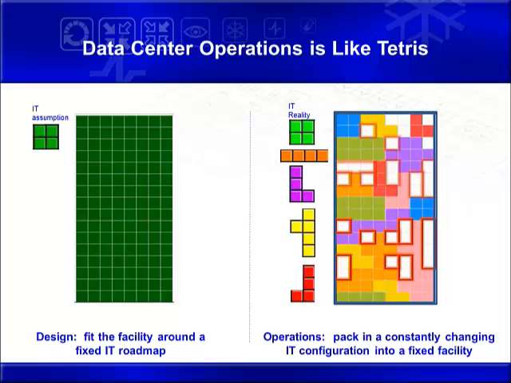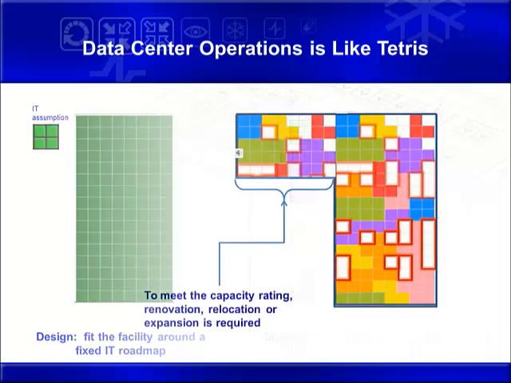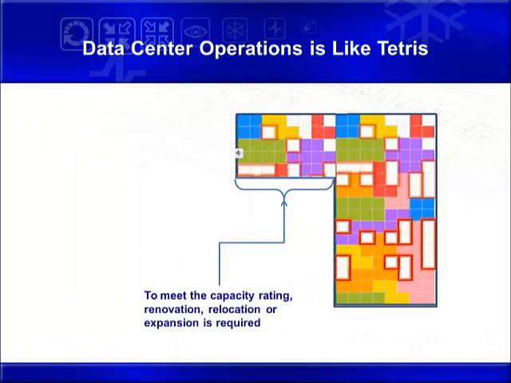One difference between Tetris and data center operations is that in the data center you can't stop at a partial load. The load must continue growing. When capacity utilization efficiency is low, the only way to maintain growth is to renovate, relocate, or expand the infrastructure. One additional important difference is that you can't see capacity fragmenting in the data center like you can on the Tetris board. This challenge leads to millions in lost data center capacity,